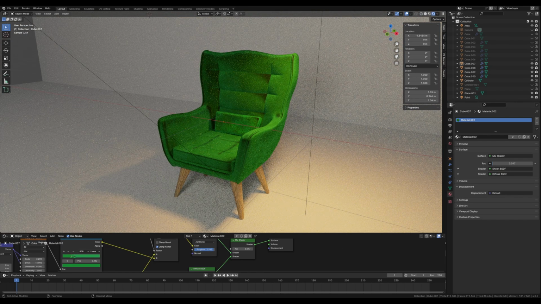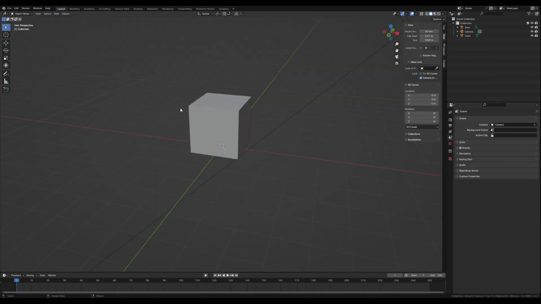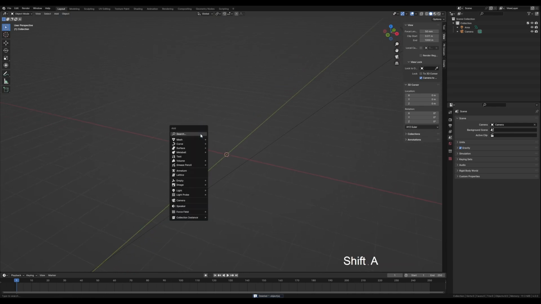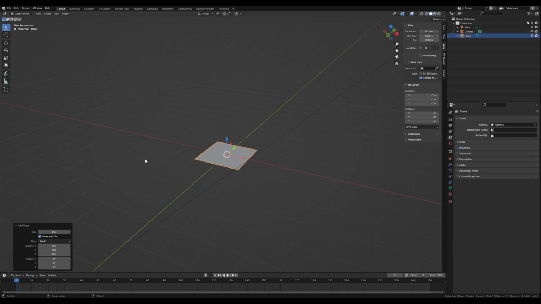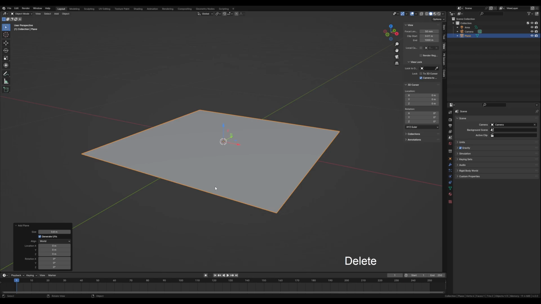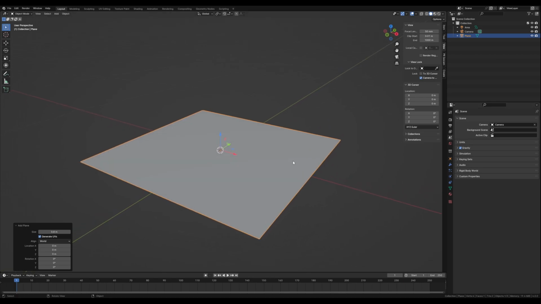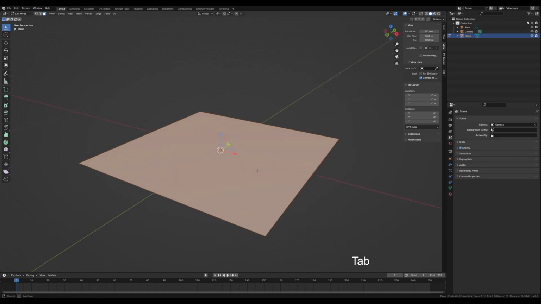So let's start. Create a new scene, File, New, General. I can delete this cube because we will start from Shift A, mesh plane. Change the size to 0.8. Press Del on numpad to zoom. Yes, nice. And Tab to go to edit mode and E to extrude, maybe